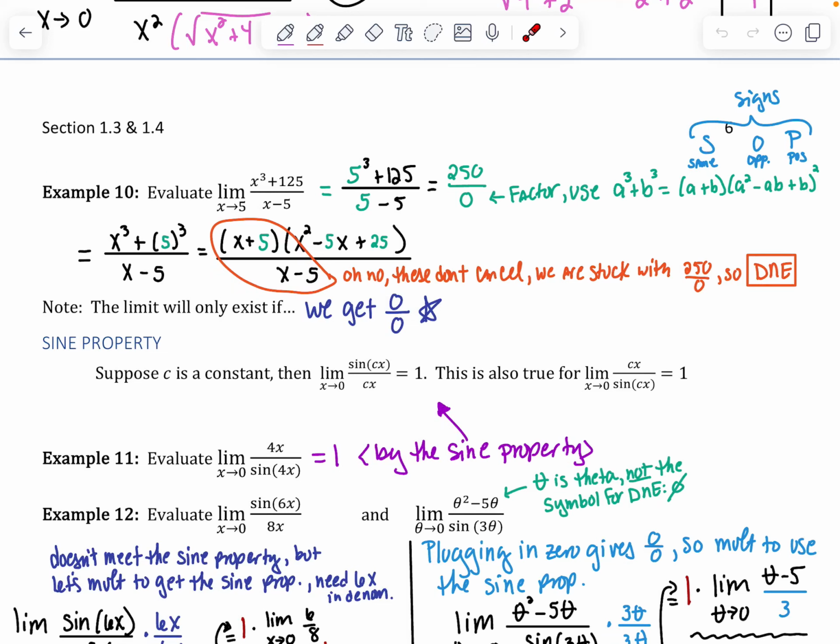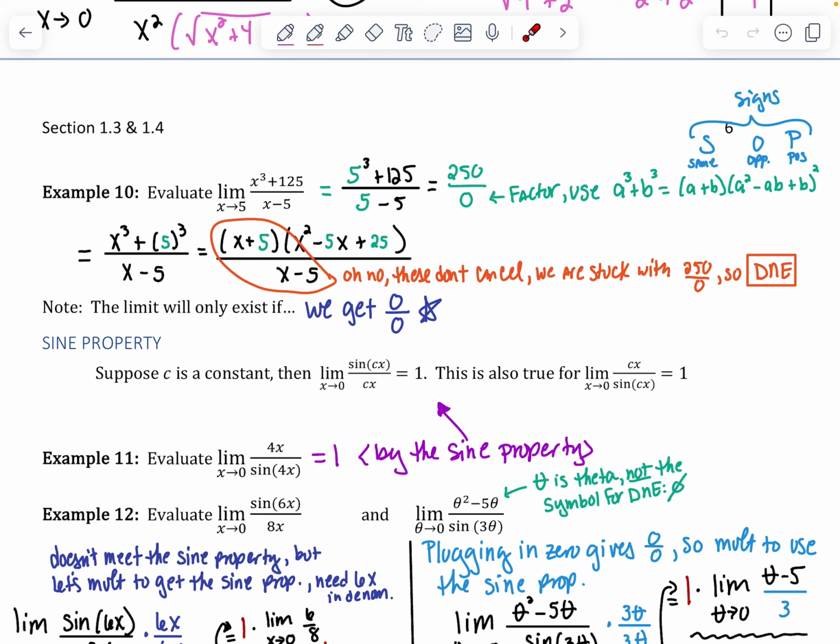Example 10 asks us to evaluate the limit as x approaches 5 of this particular function. So we plug 5 in where the x's were, and we end up with a number over 0. So we know we can't have 0 in the denominator, and a conjugate doesn't seem appropriate, so we're going to factor. There's nothing to factor in the denominator, and because you have an x cubed, and hopefully you recognize 125